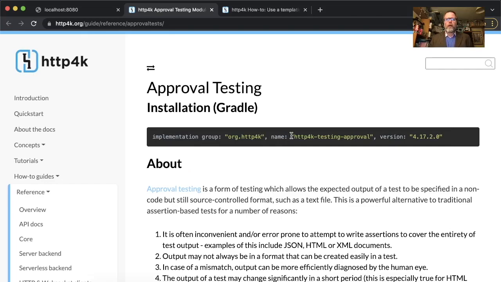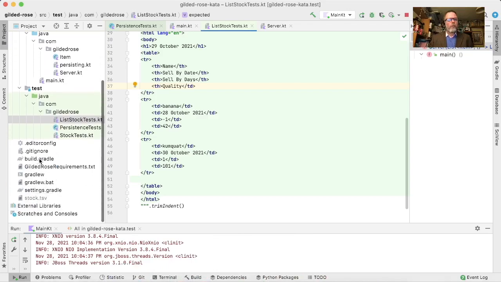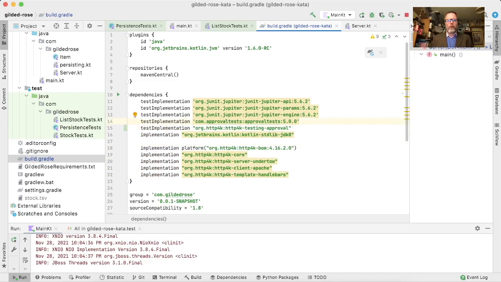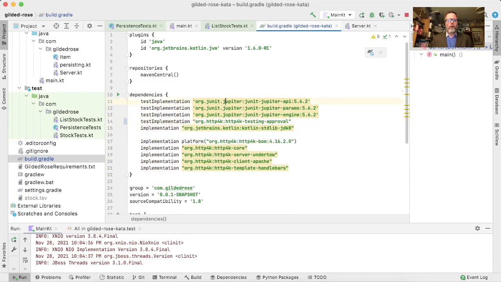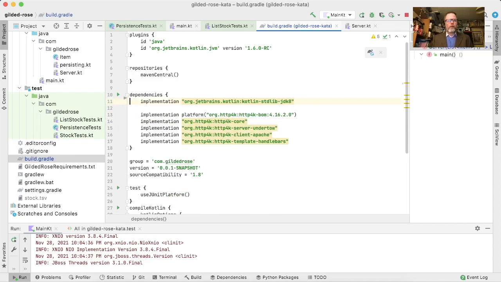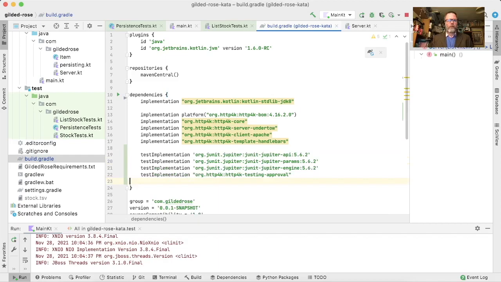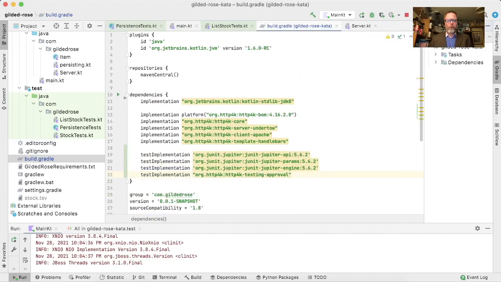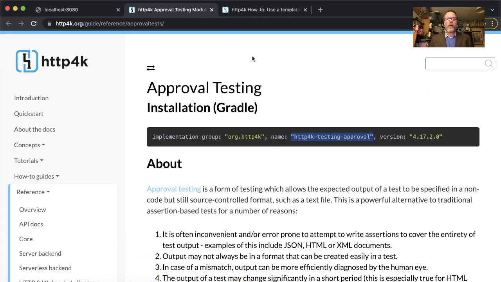First thing we need to do is bring in a little bit of library. So let's go to build.gradle, and so we want something like that, but it wants to be test implementation, and then let's just have a little reorg. We don't need that. And then let's take out test implementations. They're obviously not the primary thing, even for test-driven developers, so we'll just reorganize that. Okay. Now if we make sure Gradle has imported that, and then go and have a look again at how we use this,